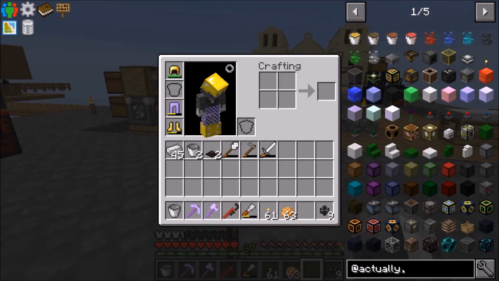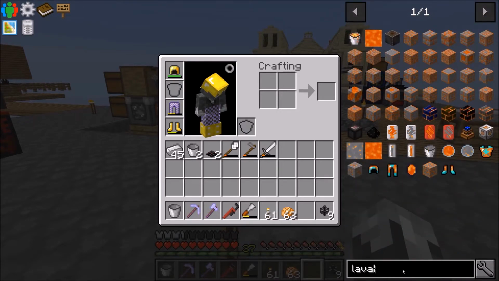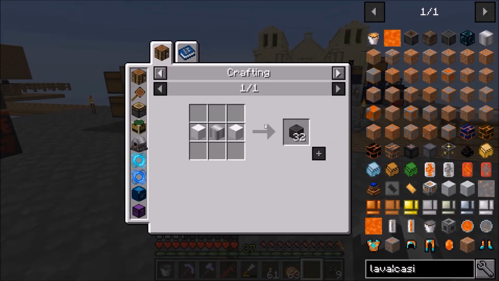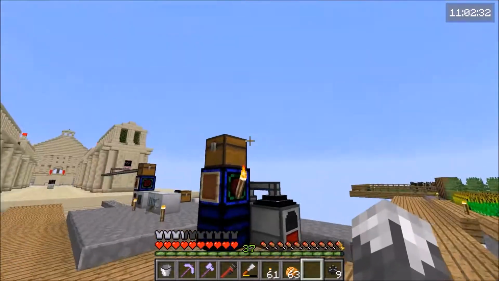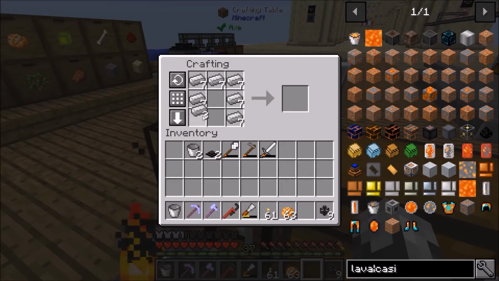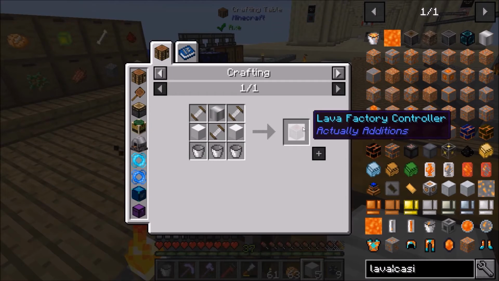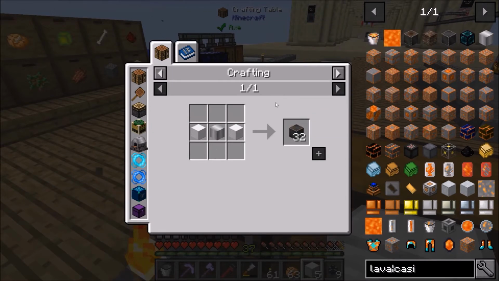Alright, so it's going to be a lot of iron. We've got quite a bit of iron on us. That's alright. That is probably not going to be enough. We need 2 for this. No, it should be. 2 for that, 2 for this. Alright, so first thing we need to do